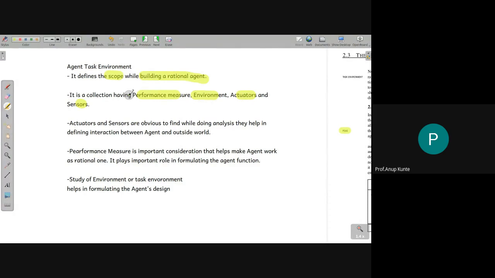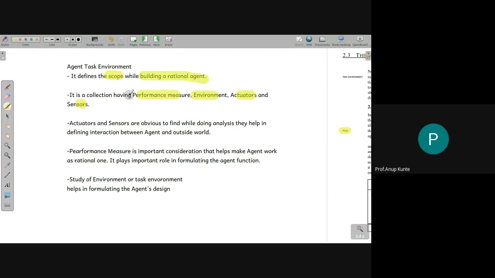Remember, we are doing analysis and design. Out of that, we are doing an analysis phase. We want to develop an AI artifact. And right now, what we are doing is we are studying or analyzing the situation for which that AI is going to work in. Okay. So to do that properly, it is always good to think of the situation or the scenario that we are in to articulate these four components.